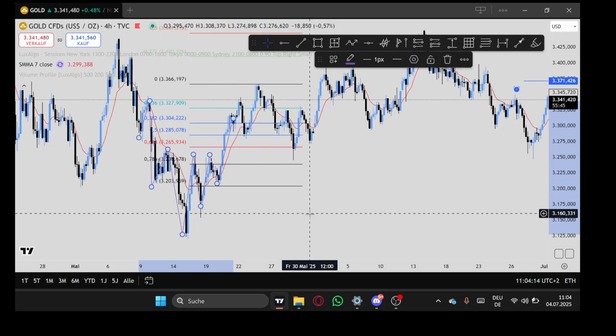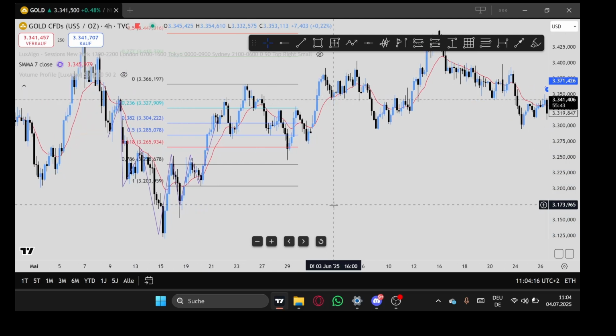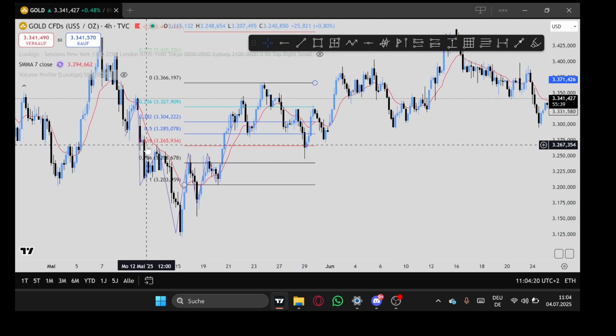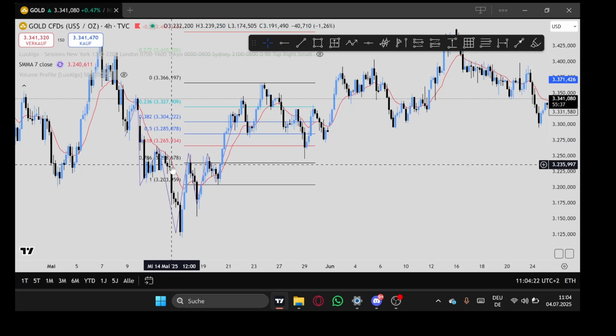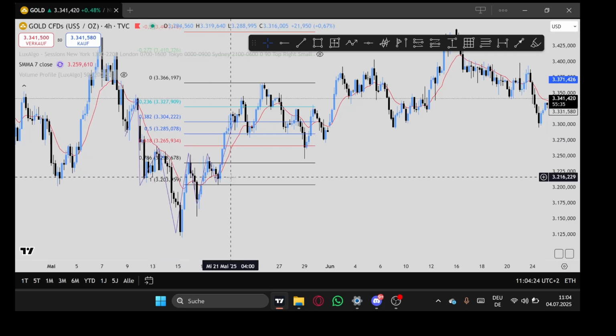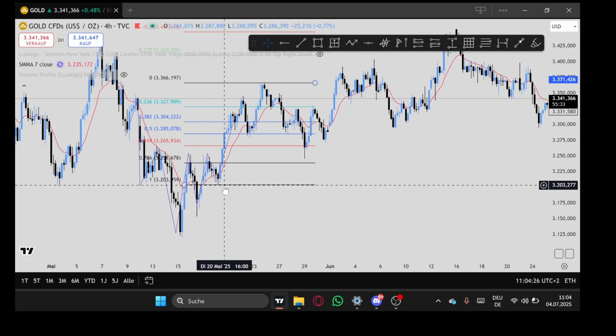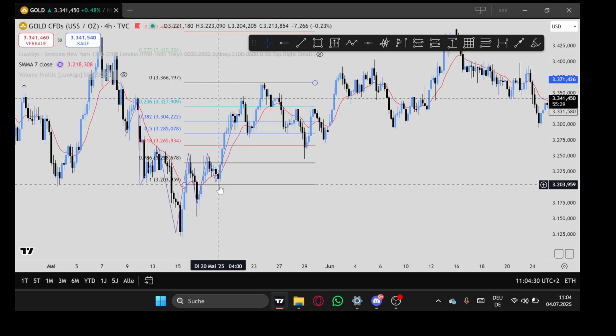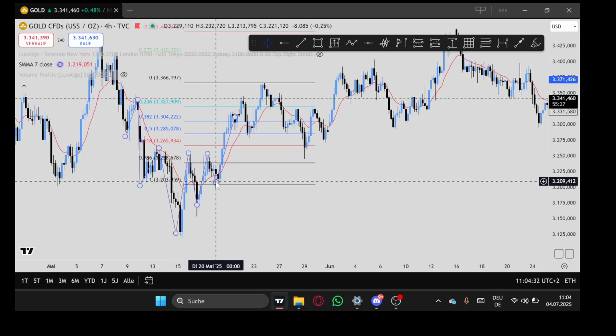And the important thing here is this right here was the high which needed to be broken for me to use this low as the entry point. So this was the last high breaking structure low,